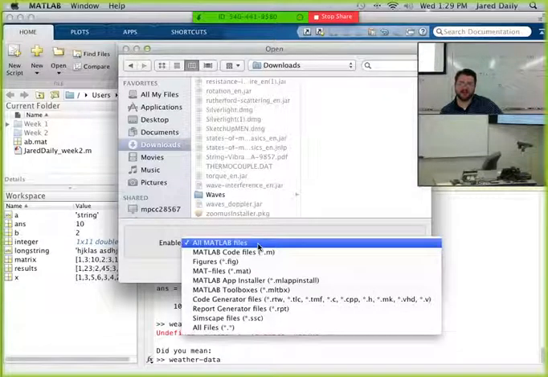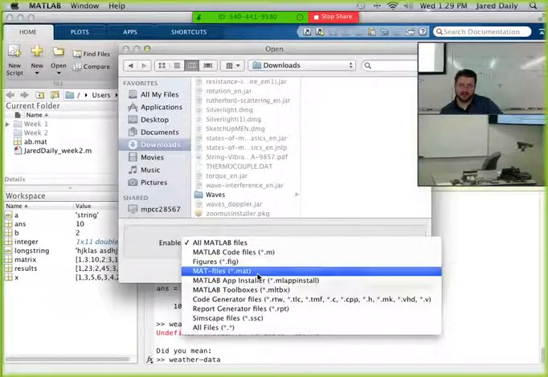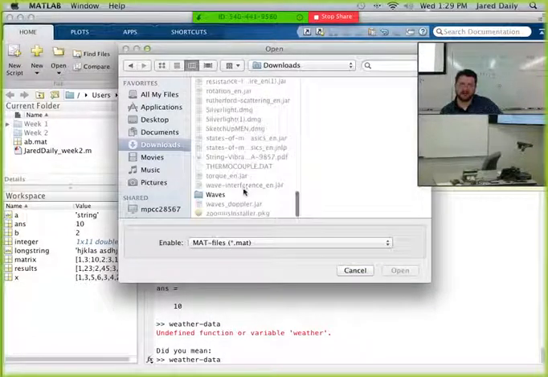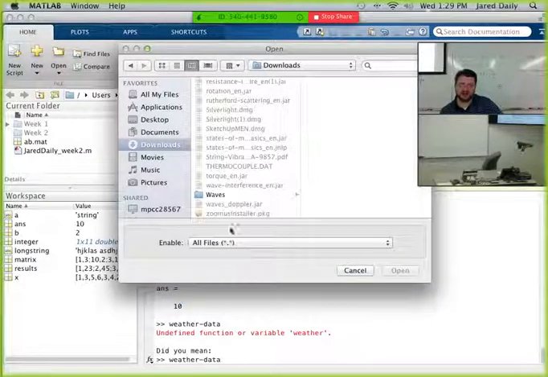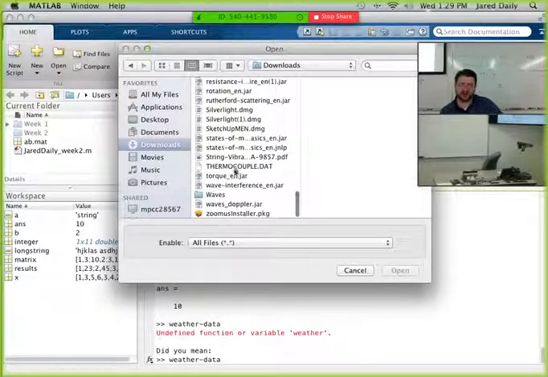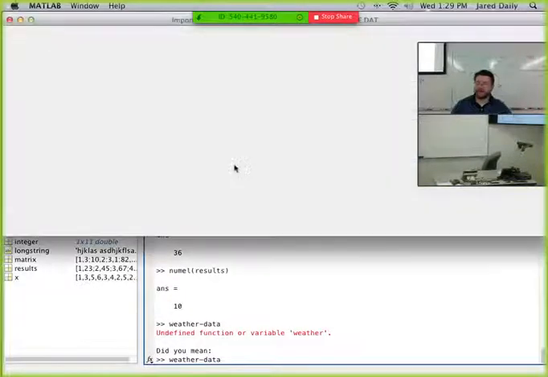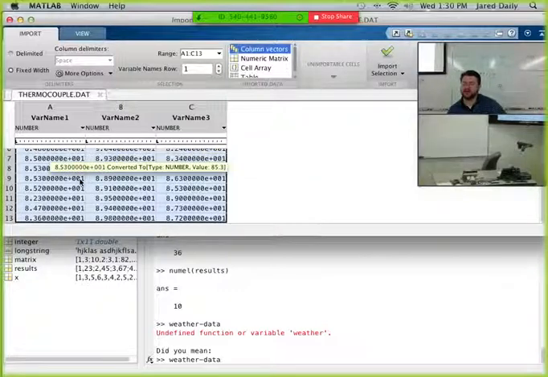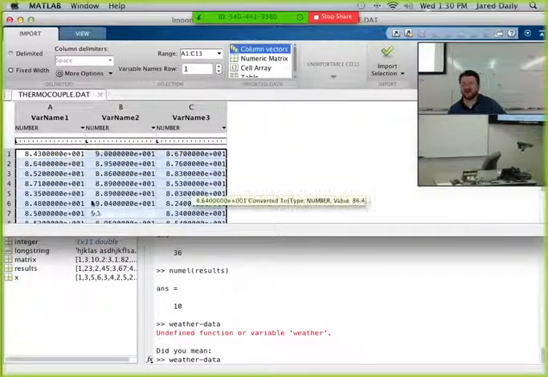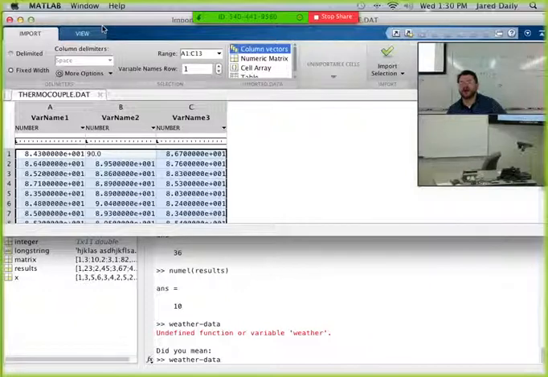It's not letting me map files. There we go. I'm just going to let it do all files, and I'm just going to open up thermocouple.dat. It's going to open up a file that is essentially just an array. We've got 3 columns in this array, and a whole bunch of rows, 13 rows, and all this data in here. And so we can go ahead and bring that